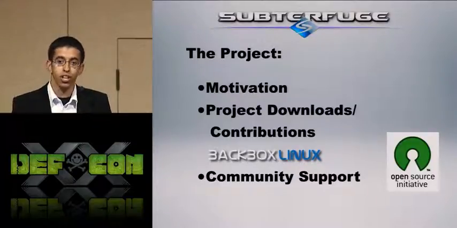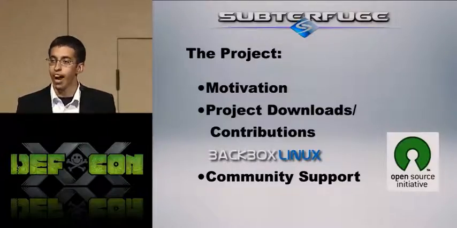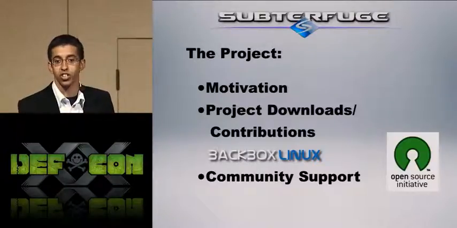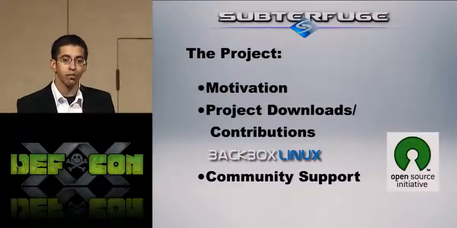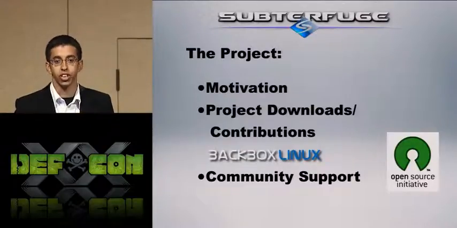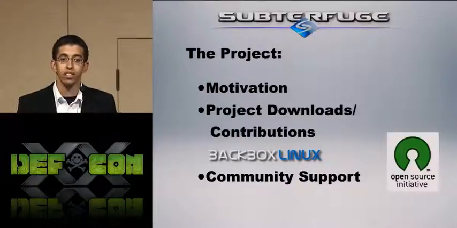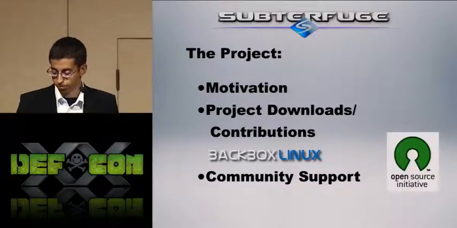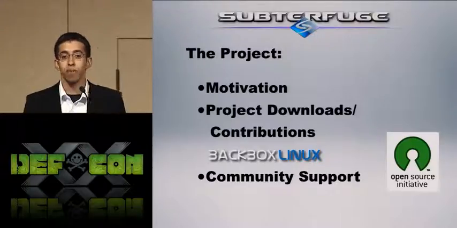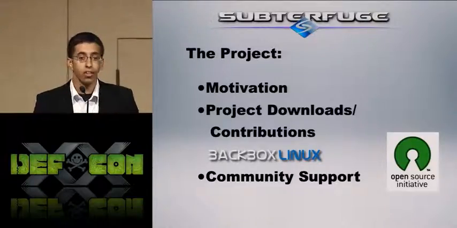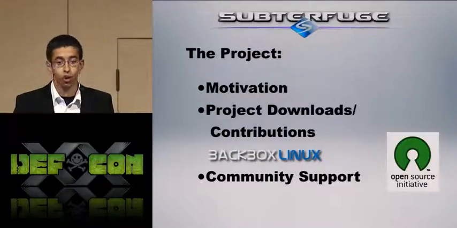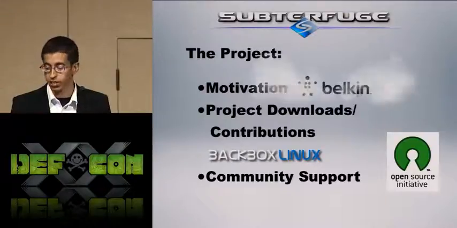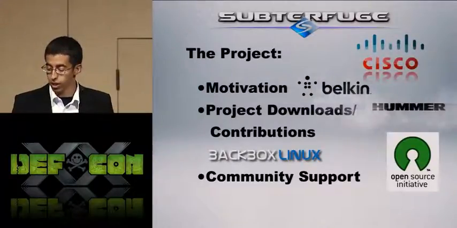So Subterfuge makes it obvious to anybody, no matter how tech savvy or non-tech savvy you are, just how vulnerable you are on the network and exactly what you're getting. So rather than just, oh, somebody's man in the middle, he's seeing my traffic, what does that mean? We actually display, here's what you got, here's something else you got, there's a real risk and here's the threat. So hopefully that's going to make consumers demand some kind of protection in their routers. And those protections do exist. Router companies just haven't given them out to consumer level routers. So hopefully when consumers start demanding that, router companies like Belkin and Cisco and